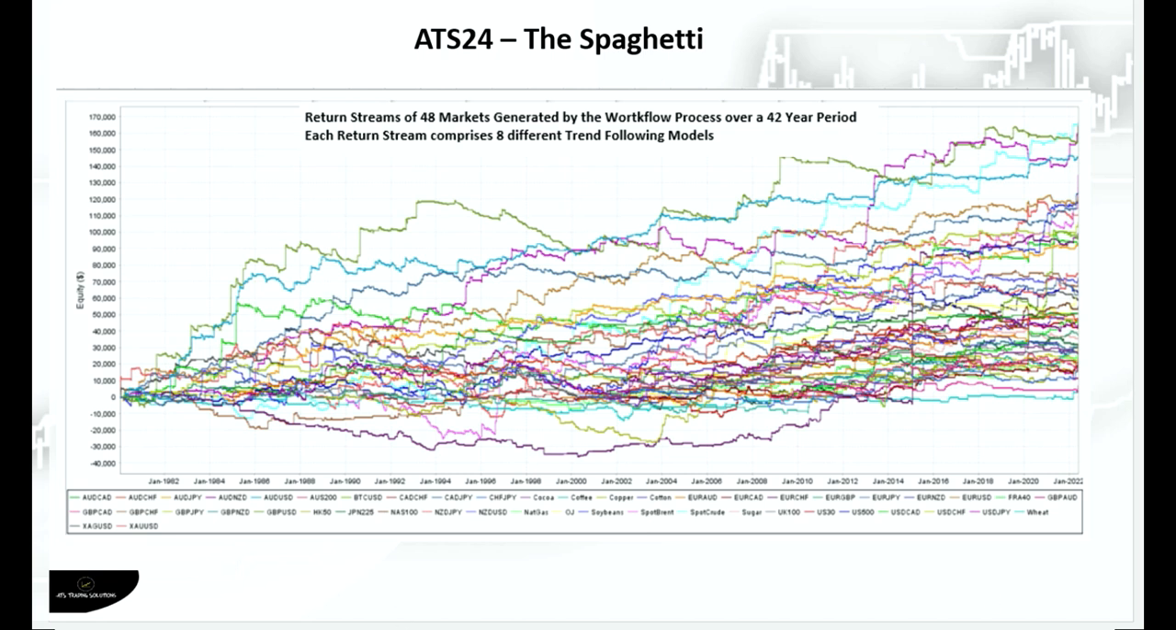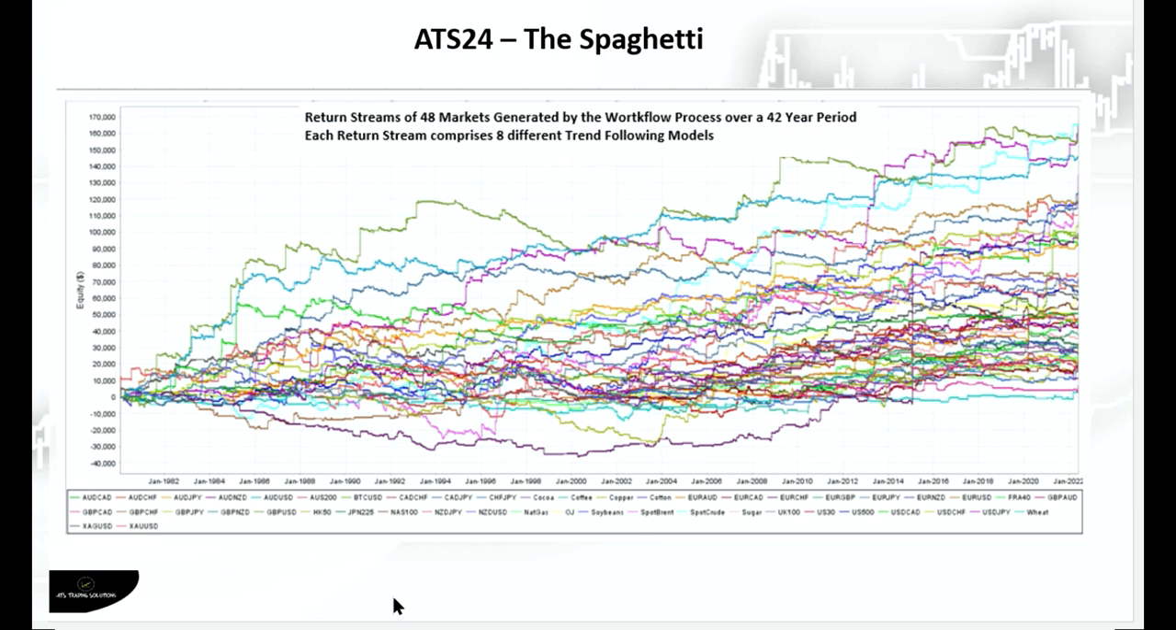So here is the result of a process that is applied to 48 markets over a 42-year history, comprising many different market regimes. And what looks like spaghetti are the return streams of 48 different markets, all represented in the legend below. To generate each of these market return streams,